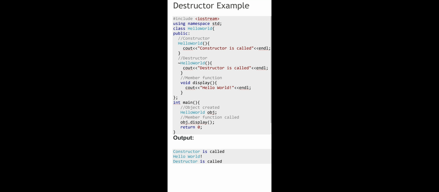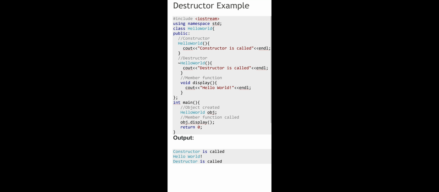As we already know that constructor and destructors are the special functions which have the same name as the name of our class. But the difference between the name of constructor and destructor is that the destructor function has the same name except a tilde symbol. A tilde symbol is present in front of, or before, the name of the destructor function. This is the difference between the constructor and destructor.